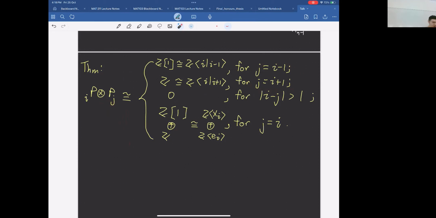And then what about further J, further J than 1? It should be 0, because by the type, the zigzag algebra, we cut all these long paths away. And the last case to consider is when J equals I. So how do you start from an I vertex and then go back to an I vertex? Either you stay there or you make a loop around it. So it is a two-dimensional Z. And then we put a grading here to acknowledge we have a different basis.